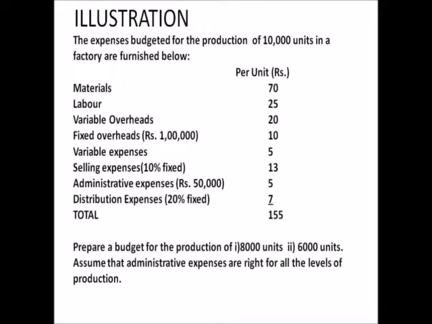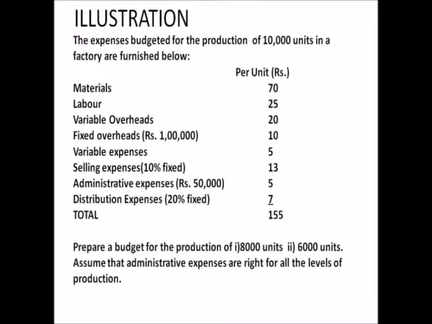Now you will find that certain things are mentioned. In addition to the expenses, you have certain amounts given in bracket. Sometimes it is given a percentage fixed, sometimes it is given direct. So how to treat all those items, we will be doing it. We will segregate the direct expenses from the indirect, and then we will see how direct expenses and indirect expenses, as placed in the flexible budget, and how fixed cost and variable cost affect the cost at various levels of production.